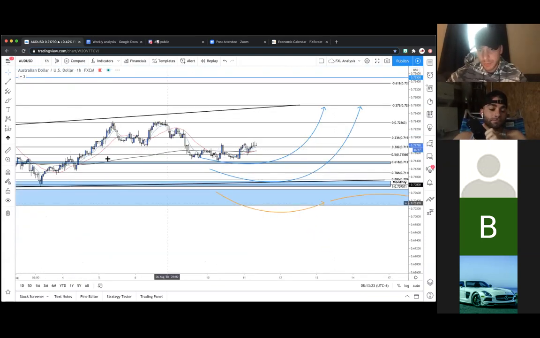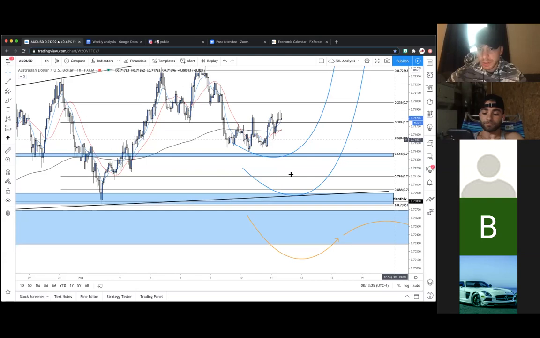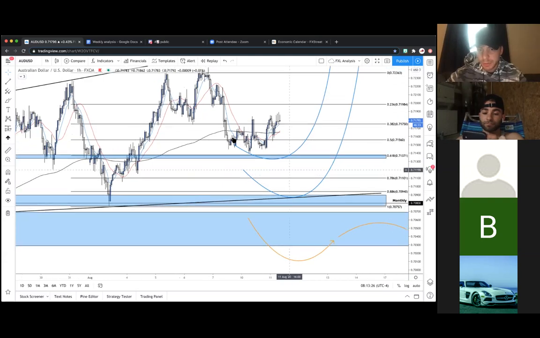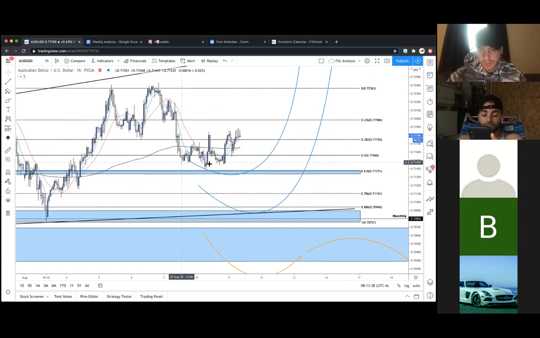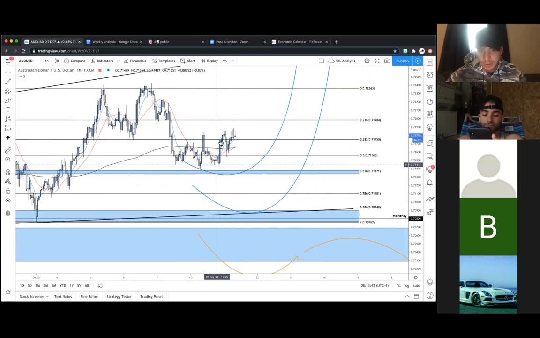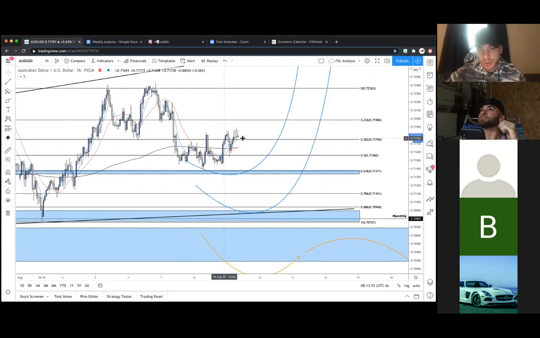I just want to see if there was some sort of real entry here. So it came right to the 61.8, very, very close. Pushed higher, a little bit of fake out, came back down. This actually looks like a bit of a diamond pattern, kind of skewed, but it's a reversal pattern. And then there's a nice little transition here, engulfing through the MAs and 200 EMA, came back for a retest on the MAs, and is continuing higher. We are experiencing a little bit of exhaustion right now. So we're going to wait on this.